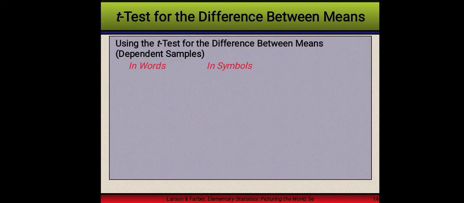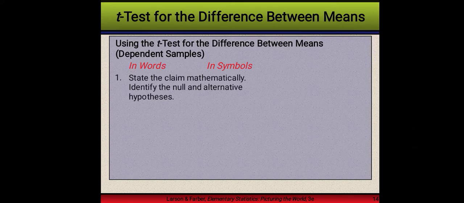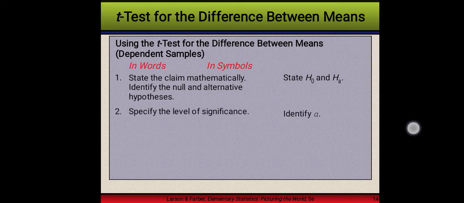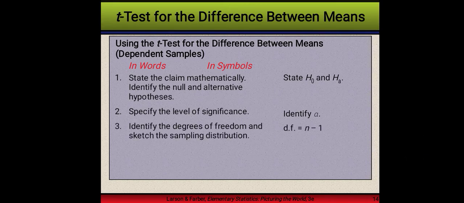Using the t-test for the difference between means for dependent samples, we have here the steps in words and in symbols. First, state the claim mathematically and identify the null and alternative hypotheses. This is the symbol on how to state H sub 0 and H sub a. Second, specify the level of significance, identified as alpha. Third, identify the degrees of freedom and sketch the sampling distribution, where d.f. is equal to n minus 1, the representation of degrees of freedom. Fourth, determine the critical values,